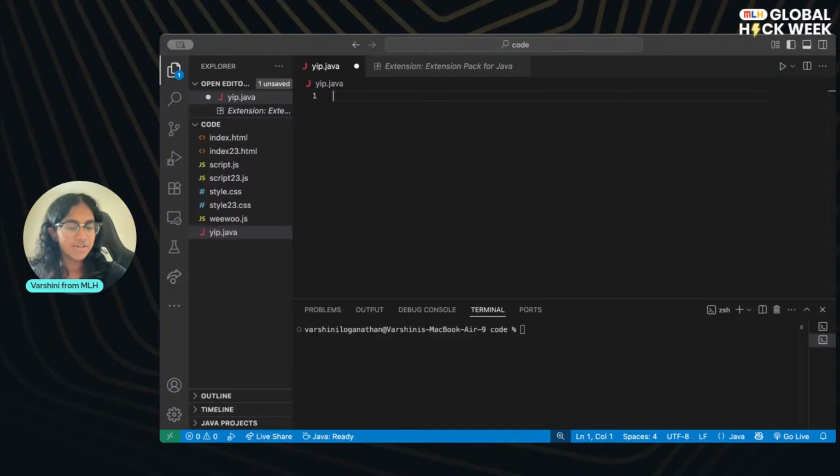So follow along with me while I type, but we're going to do public. That's what we are going to declare. Usually you can do public or private. People usually do public. We're just going to do public for now. I'm not going to go into details of why public or private because this is an intro session. But we're going to do public class, and see, you've already got that error at the top. If I'm going to call it Hello World, I can't because I've already called my file yip. So now it's got to be public class yip. For all of these examples, my class is going to be yip.